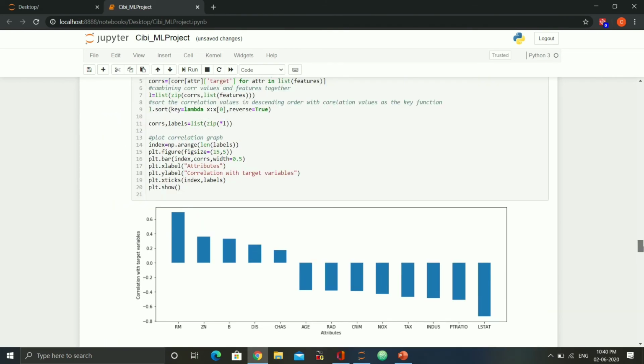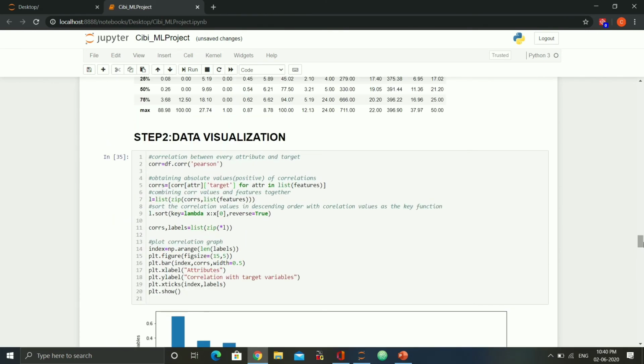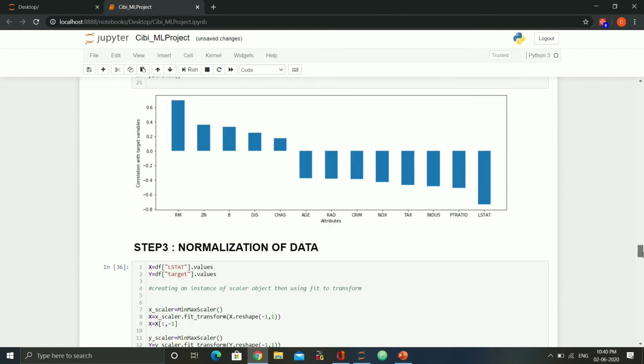Now if we change LSTAT to RM and run this again, we get this output.